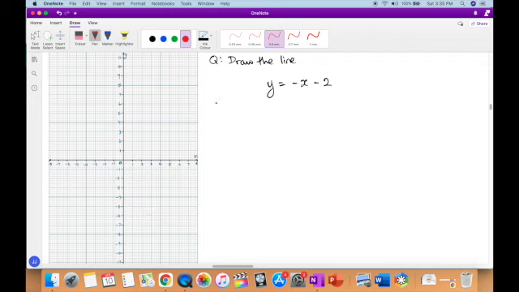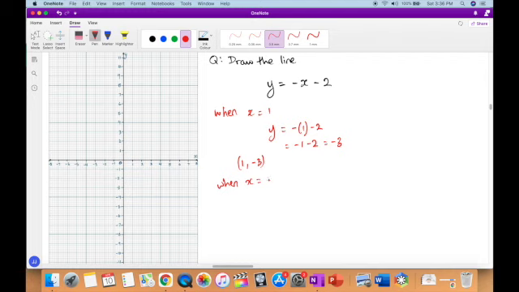All right. So I'm just going to choose any 2 points. When x is equal to 1, that means that y is equal to minus whatever x is, minus 2. So minus 1 minus 2 is minus 3. So the first point: when x is 1, y is negative 3. And let's choose when x equals